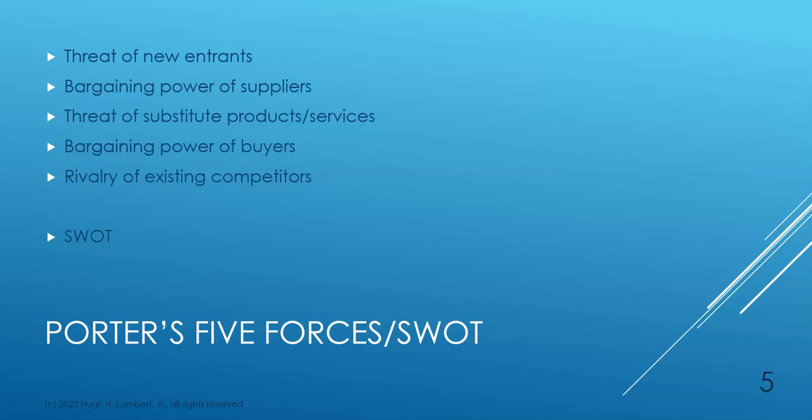The bargaining power of buyers. Buyers are the people that our company sells to. If those buyers have a lot of bargaining power, then they can negotiate lower prices. Most of us are not used to having bargaining power as consumers. We go into the grocery store, we pay whatever price is listed for the product. Same thing when we go buy clothing and stuff like that. But in some markets, the buyers have a lot of bargaining power in terms of setting or negotiating the price of the item that we're buying. Finally, in Porter's Five Forces, what's the rivalry of existing competitors? That's another key factor.